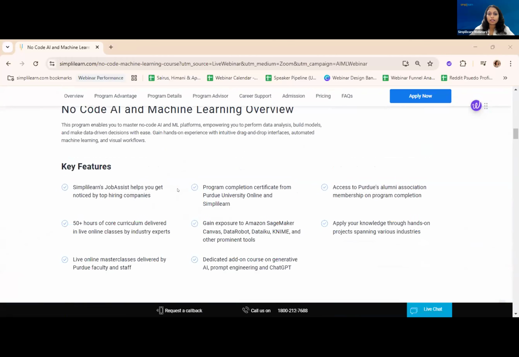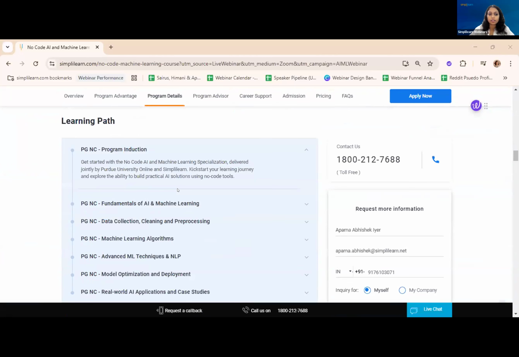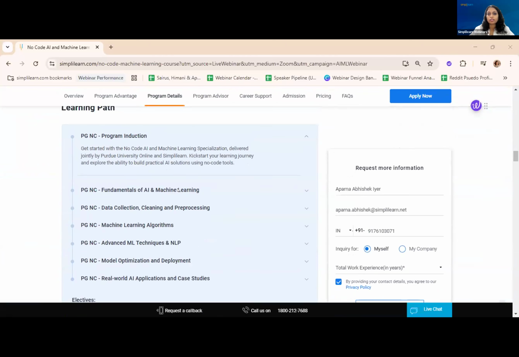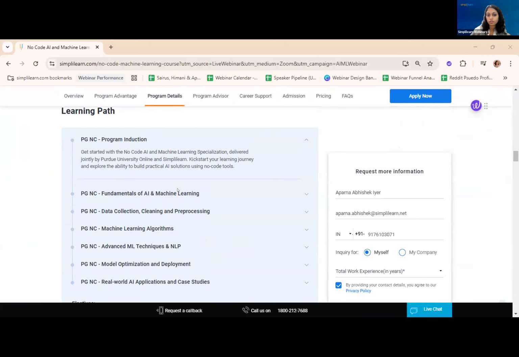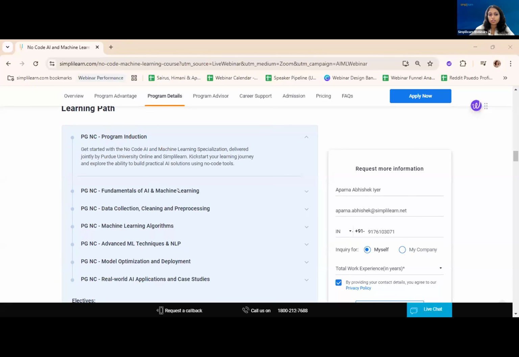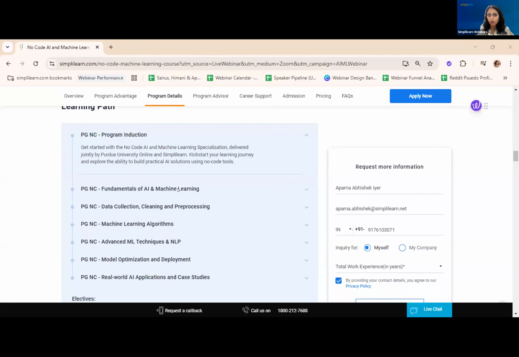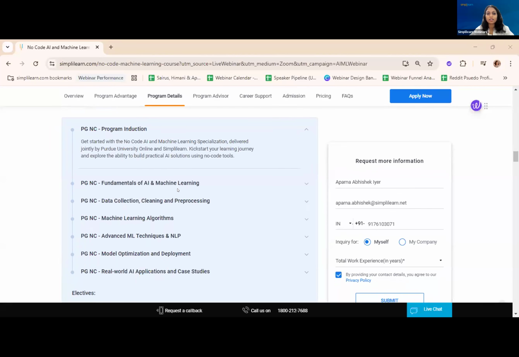Okay, so what exactly happens in this course is that you are able to understand how you can build machine learning models with no-code tools. So Armando, if you can just take them through this course, you are also one of the trainers for this particular program, right? Maybe just a quick brief on the curriculum and how it can help someone from a non-tech background or from a tech background to shift to machine learning. Oh yeah, absolutely.